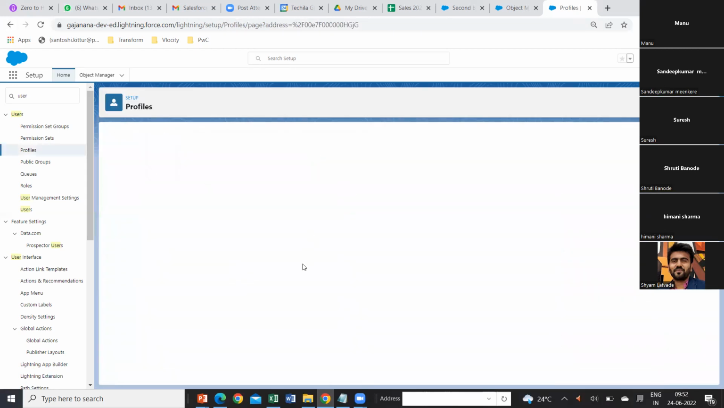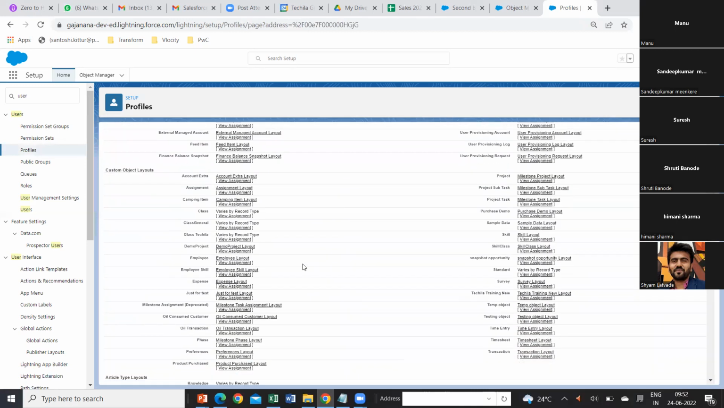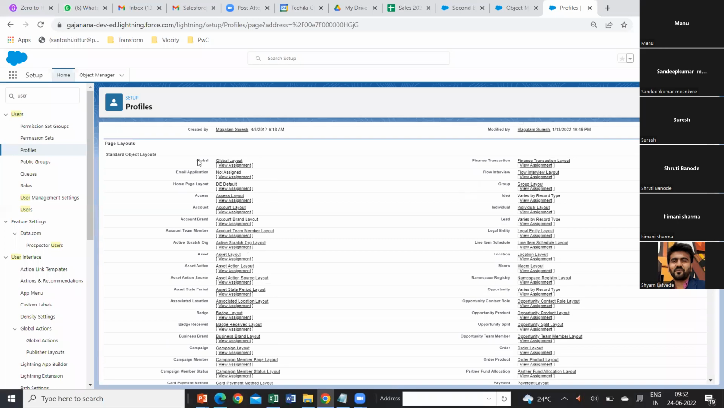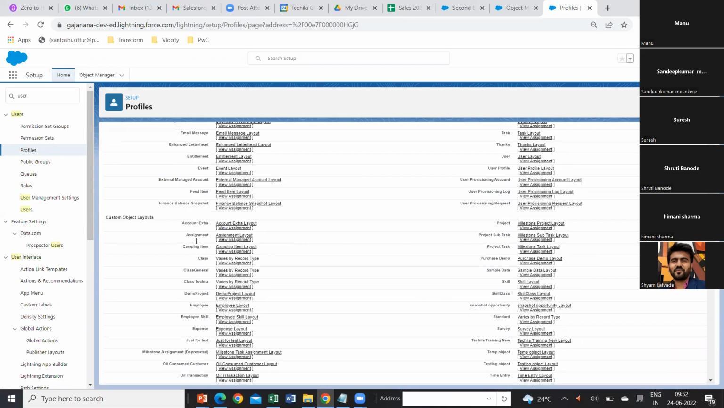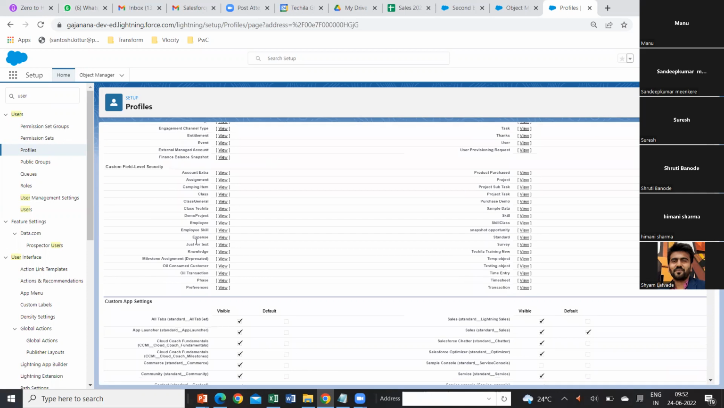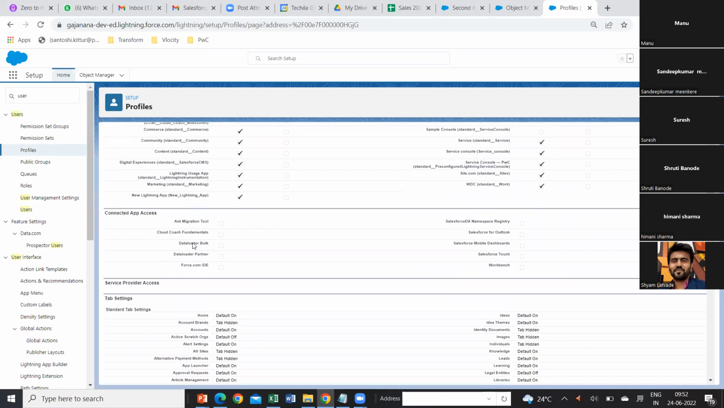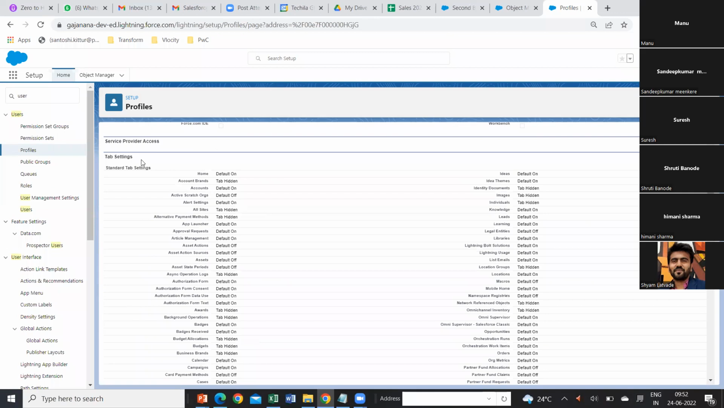Back to the profile. Okay, so we saw it controls the page layouts. It controls the custom object page layouts. It controls the field level security. And there are many things, don't worry. And the tab settings, for example, we had the option of